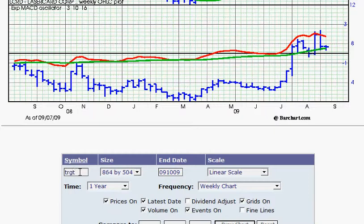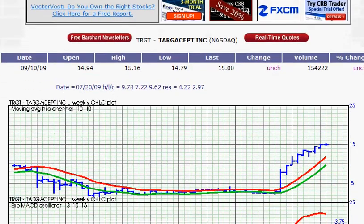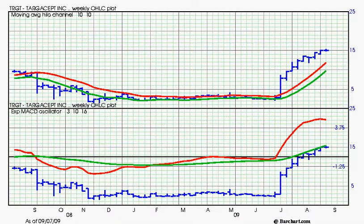LCRD. Now here's another monster that is heading higher, is all there is to it. It's just a matter of when we buy it, and I don't think this has options on it, or I would just buy an option right now. So I'll have to go double check that, but I think we're going to have to get in the stock on this one. Basically, I'm going to wait for it to pull back to the weekly bands at some point, and then once it pulls back to the weekly bands, I'll be looking at the daily chart for buy signals and an entry point. Again, this made a nice beautiful base here, and this huge wide range move up came on strong volume,